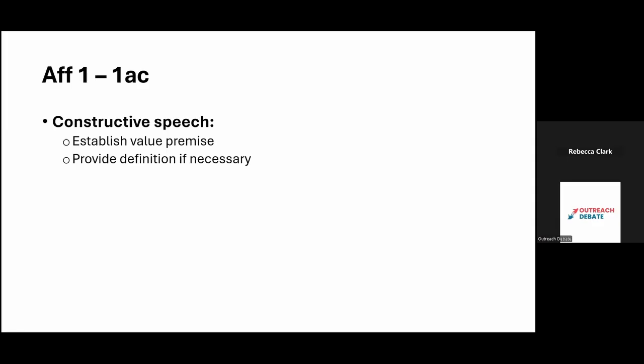You'll explain how you apply to that value. For me, I follow a general format. I'll say the value criterion is blank. I'll explain how the value criterion connects to the value. And then I'll explain what actions the value criterion can be achieved by, or why the value criterion is important for the round. And then you can also, if necessary, provide a definition. And then you're going to read your contentions. And if you're not aware, contentions are your main arguments made in the round. So maybe you have 3 arguments, maybe you have 2, maybe you have 1.